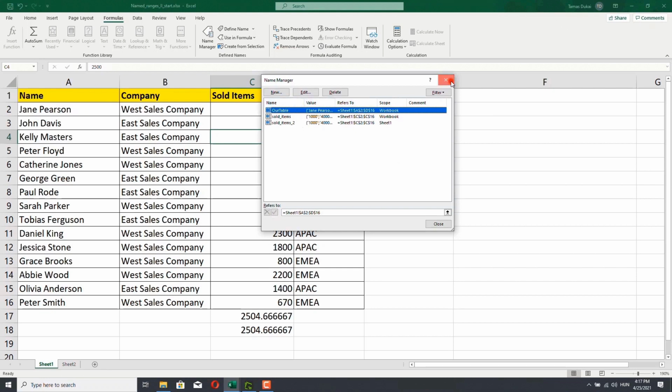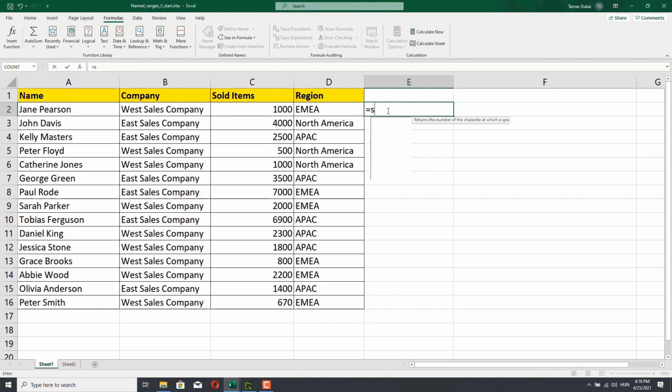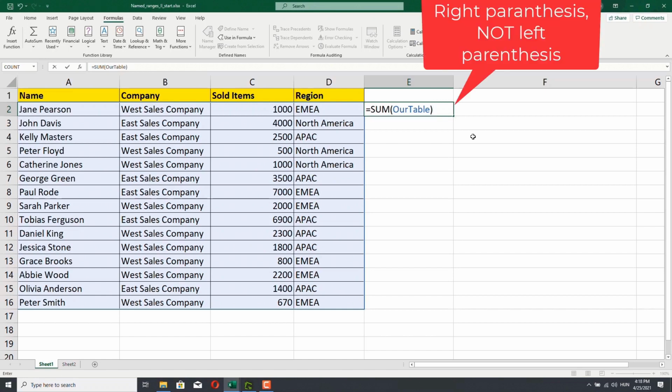Let me close this window, and let me just delete these two average formulas. Let's sum the sold items in cell E2. So I will just type sum. Good. Then I will choose the our table named range, so I will press tab. You see that it has this bluish purplish color and it shows us the whole range. And then I will just type a right parenthesis and then press enter. The result is